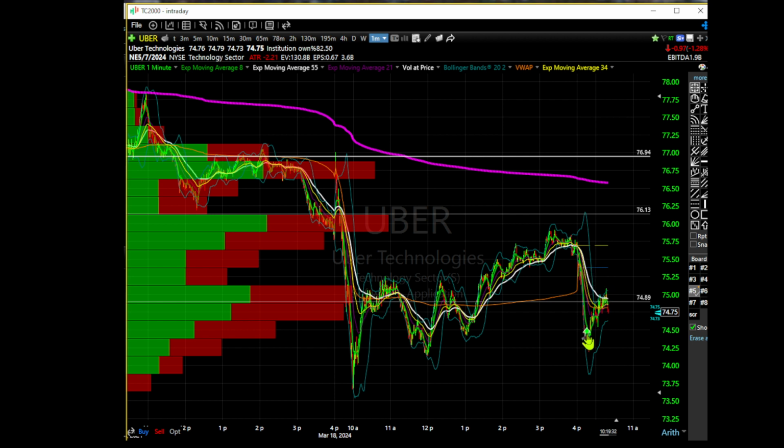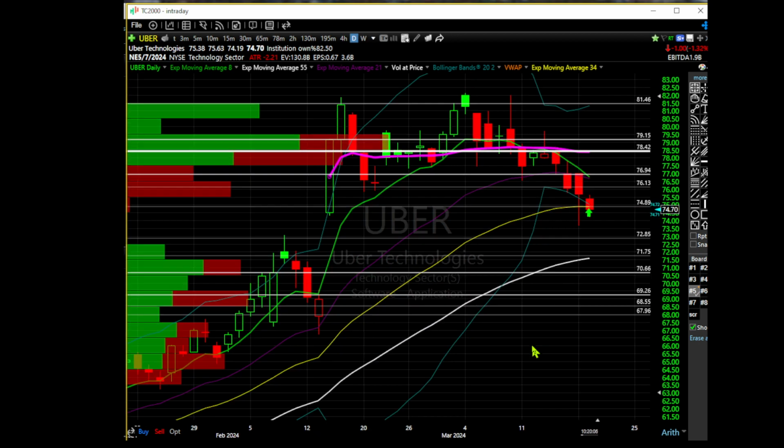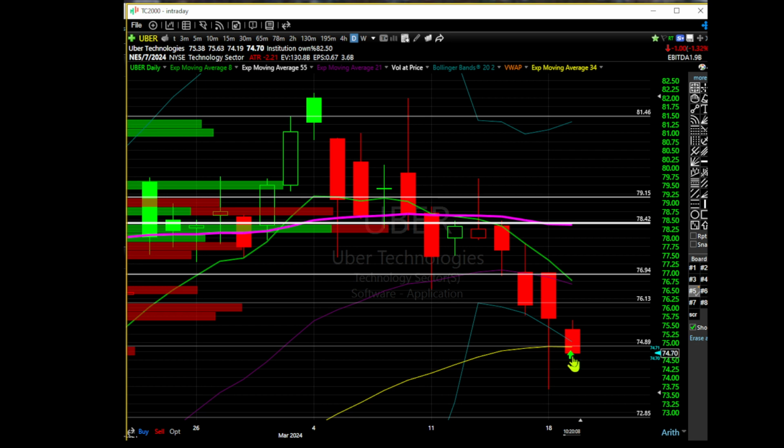So what does that mean for me on the long side? Okay, well, it doesn't mean anything until you can push up to this level. Break over this, push to this level, and hold this level. So are we going to do that today? If we do that today, what are we going to have as an edge that we could play tomorrow on Uber? So let's say we finish right here, right now, and this is the closing candle on Uber. What edge could we play on Uber tomorrow?